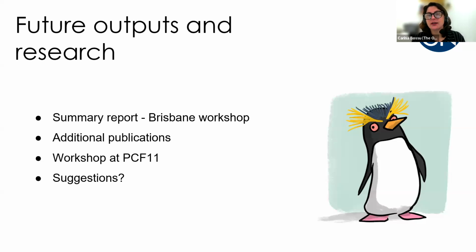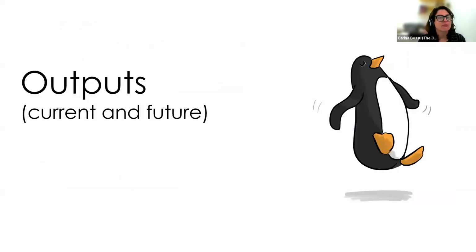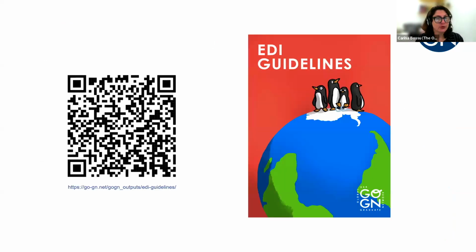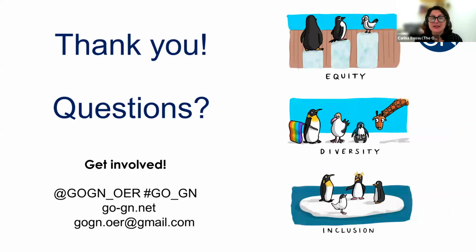And I will open the floor for your suggestions on what steps we should take next. What would be, for example, from the recommended or suggested actions, an action that we should prioritize in the middle of all this work that is needed within EDI and open education? So, that was my last slide, and I will